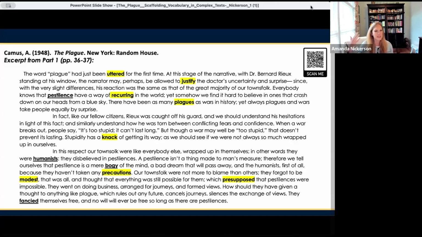So all of this is kind of, there is no black and white in terms of what words are 100% a tier 1 word or a tier 2 word. You use your judgment, right? You use your knowledge of the text, of your students, of those critical pieces of content that you're trying to teach to really just prioritize the words that you think those students will need to know to engage with that